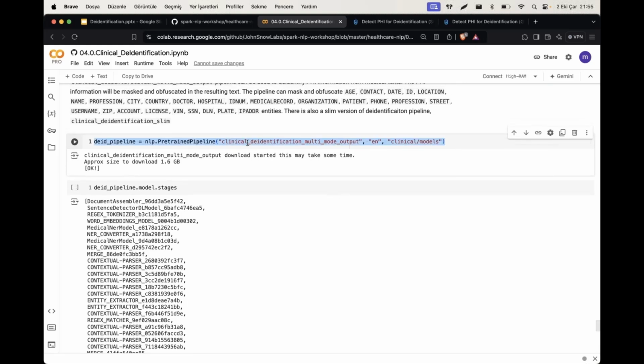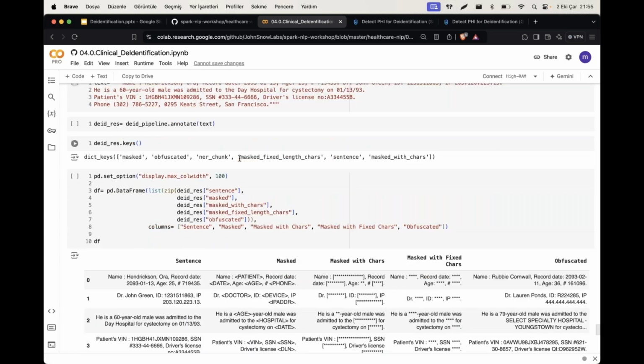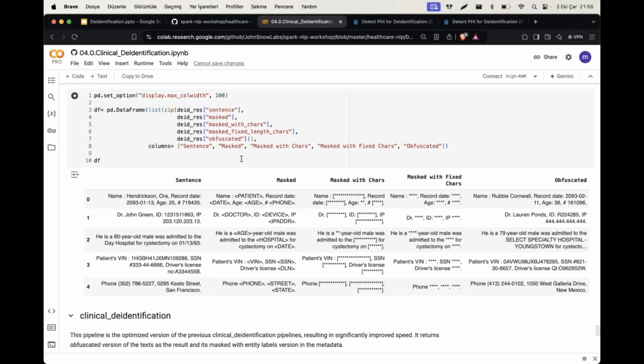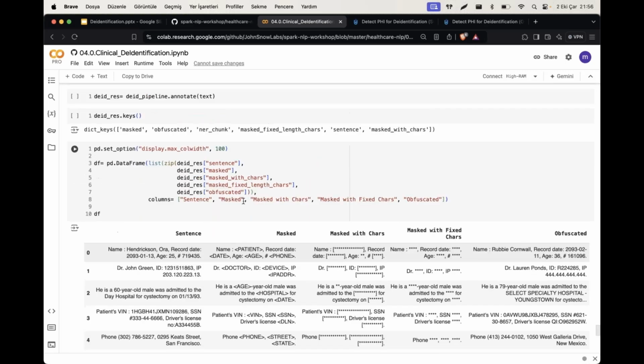You can just use this pre-trained pipeline and check its performance. If you don't want to, or if you want to improve it, we can try to help you have a better one. But its output in the multimode